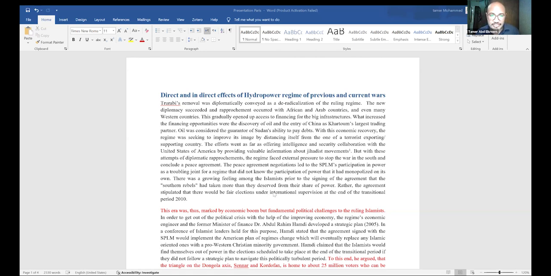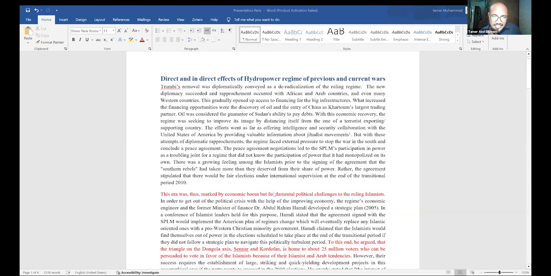But with these attempts at diplomatic rapprochement, the regime faced external pressure to stop the war in South Sudan and conclude a peace agreement. The peace agreement negotiation led to the SPLM, the Sudan People's Liberation Movement, led by John Garang, participating in power. This was a trampling point for a regime that did not know participation in power, which it had monopolized on